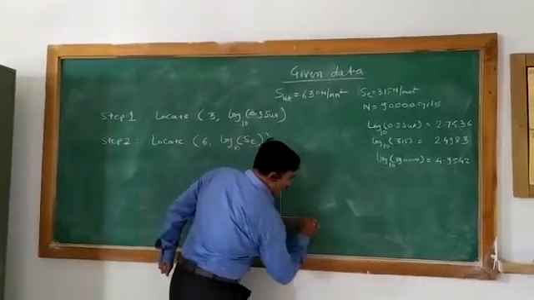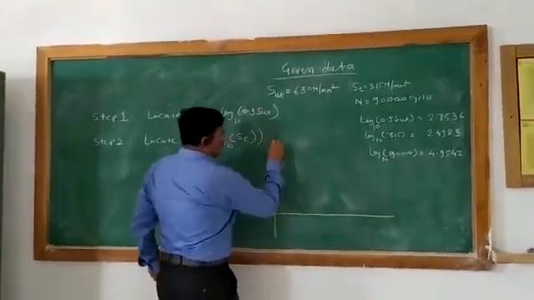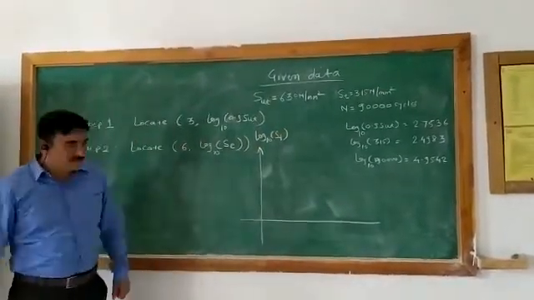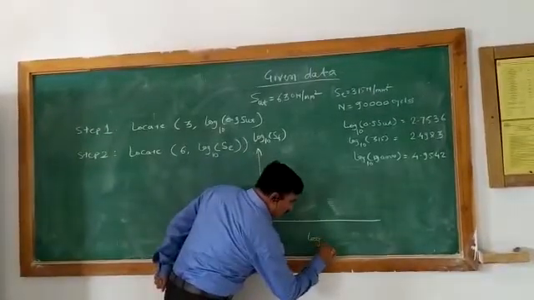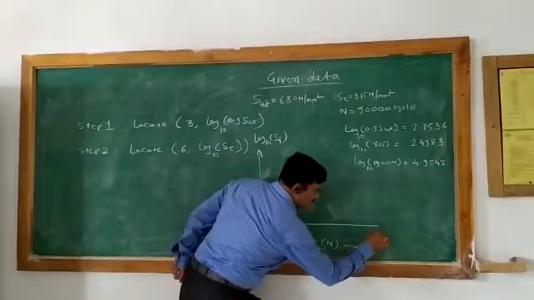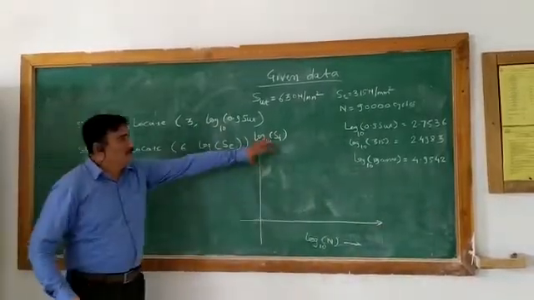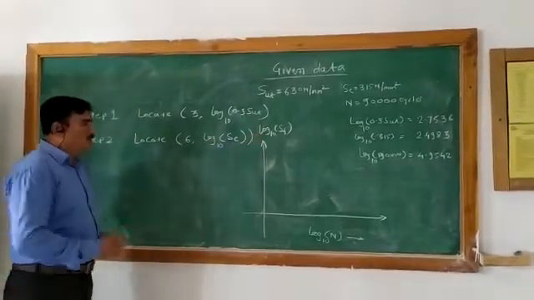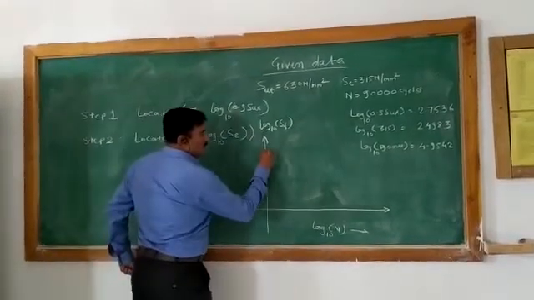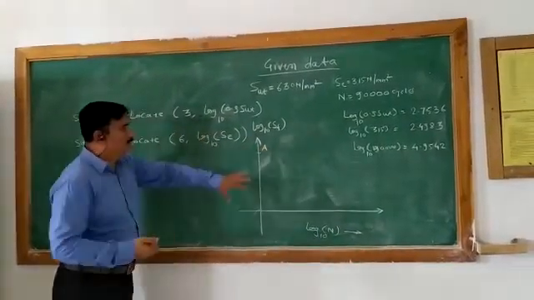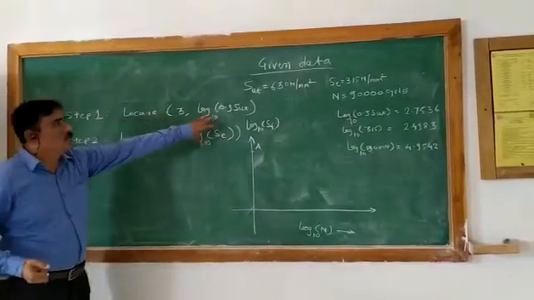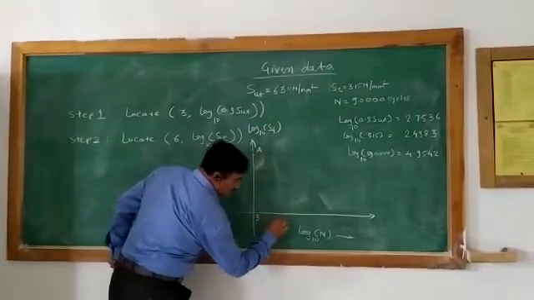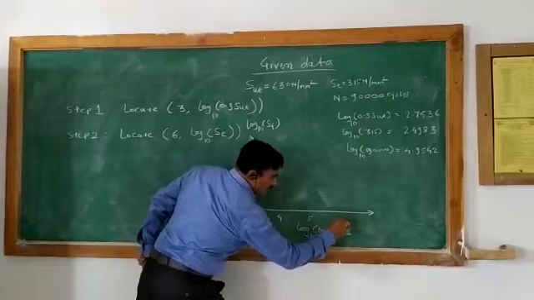We need to draw this. On the y-axis there will be log of SF, that is fatigue strength. Then on the x-axis this will be log of N, that is number of cycles. This SN curve we draw on log-log paper. So first point you need to locate. Suppose this is point A. What exactly is point A? I have just explained: this is (3, log of 0.9 SUT to the base 10). So on the x-axis this one will be 3, this one will be 4, 5 and 6.